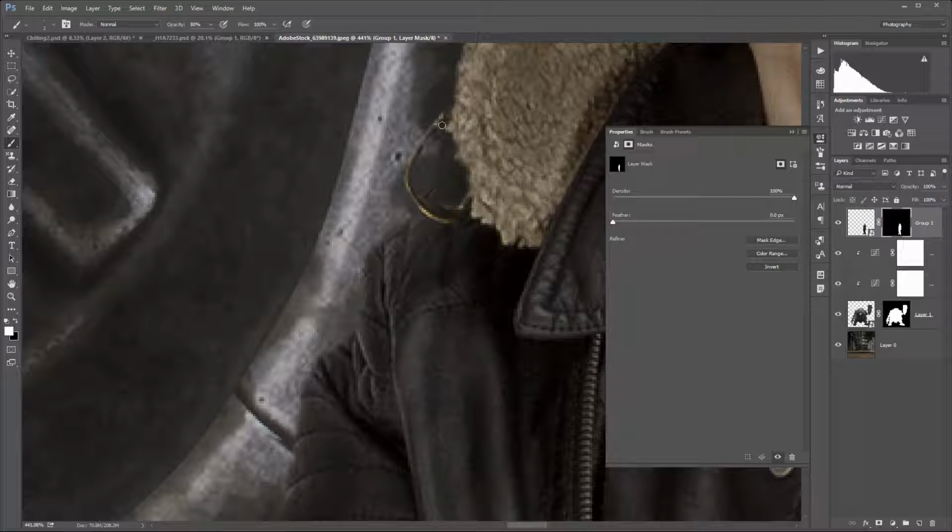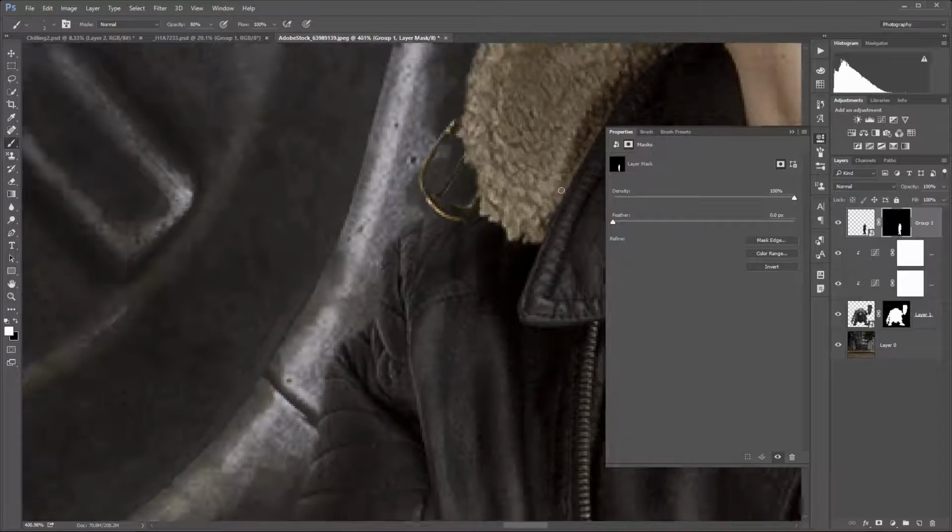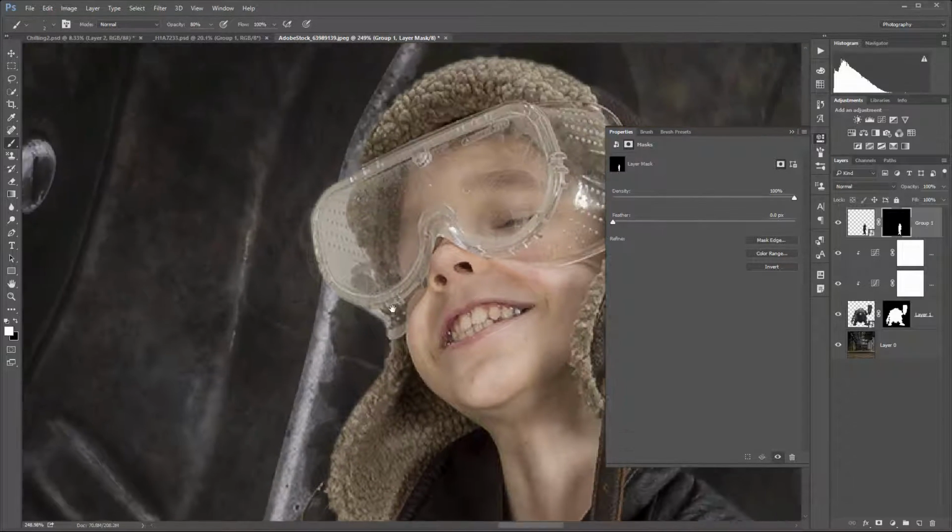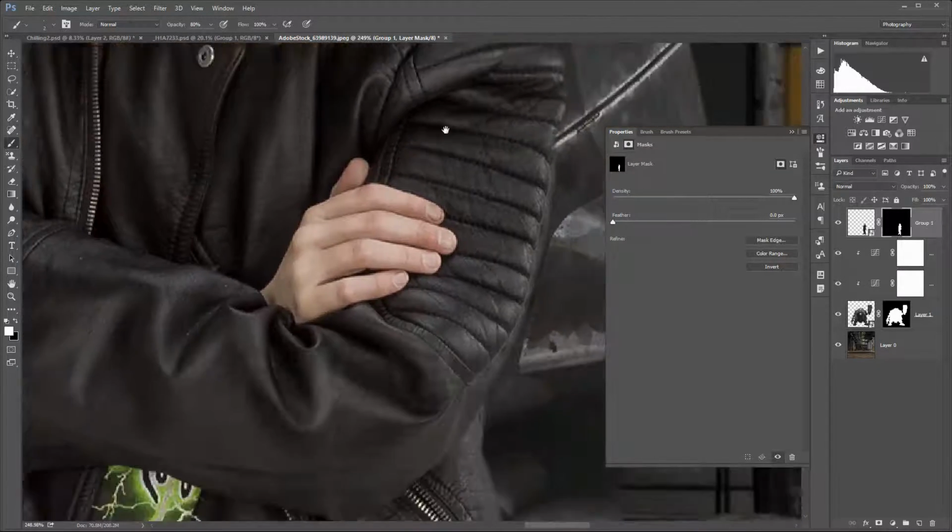I can just simply paint over, bring back some of these small details. Okay, we can go over again, preview some others if we lost anywhere